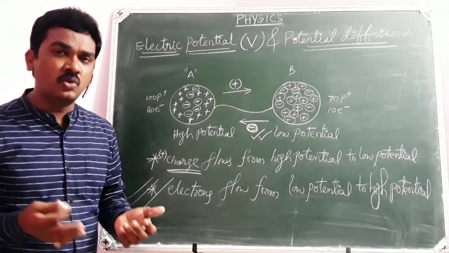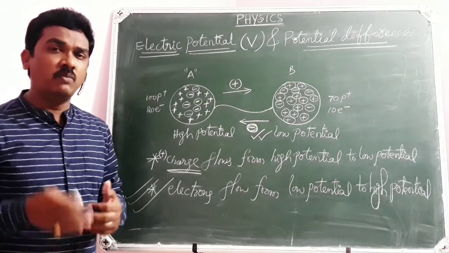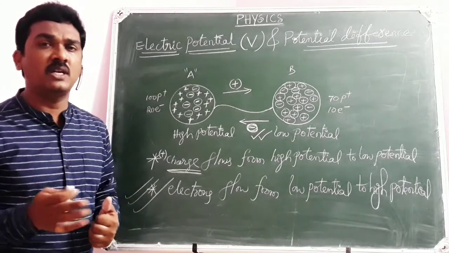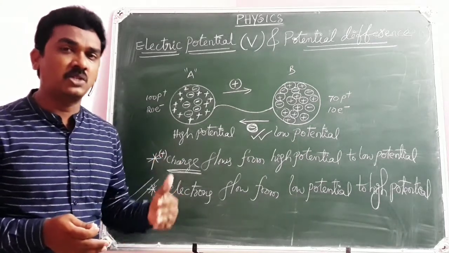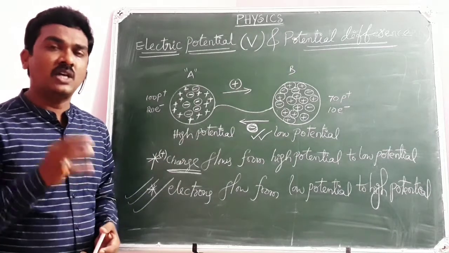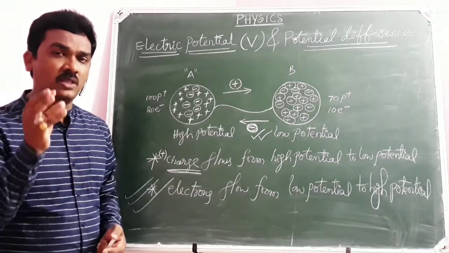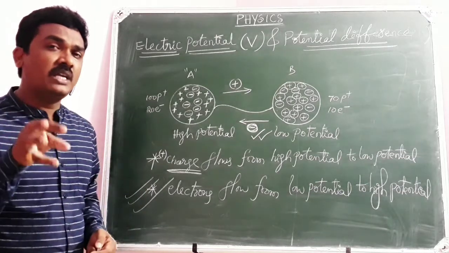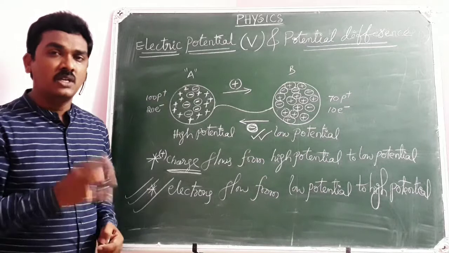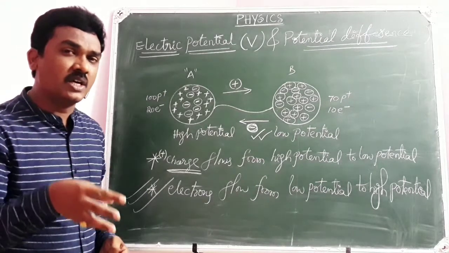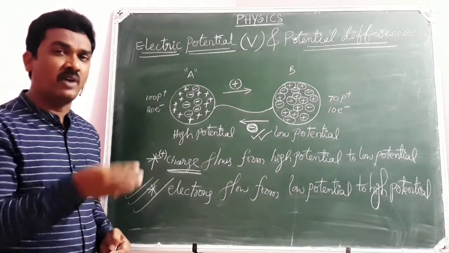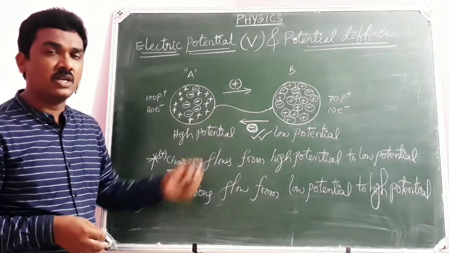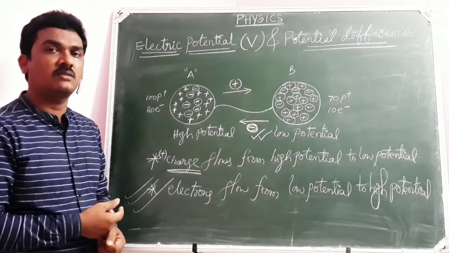If there is no pressure difference, does the air blow? No. Air blows only when there is a pressure difference in the atmosphere, that is, from high pressure to low pressure. Similarly, charge shows a tendency to flow when there is a potential difference between two points. But in what way can we create some potential difference? In what way can we cause some electric current through metal rods, through metal wires? We will discuss it in the coming classes.